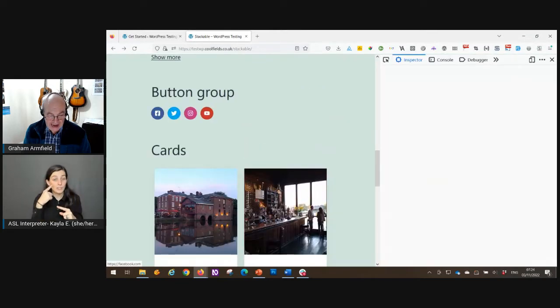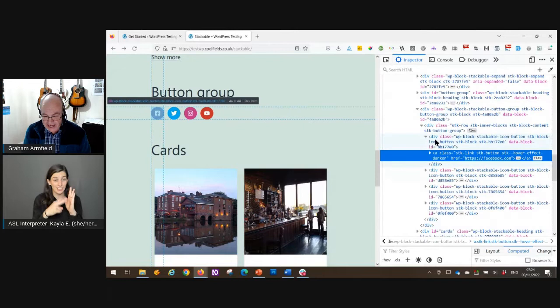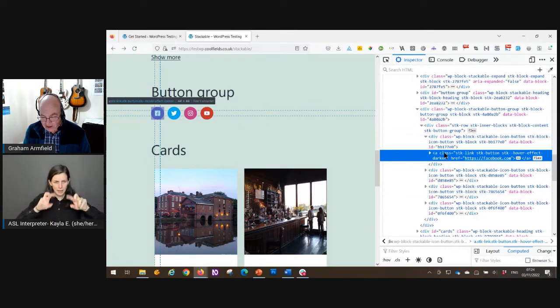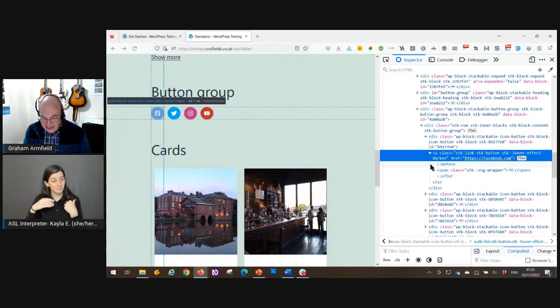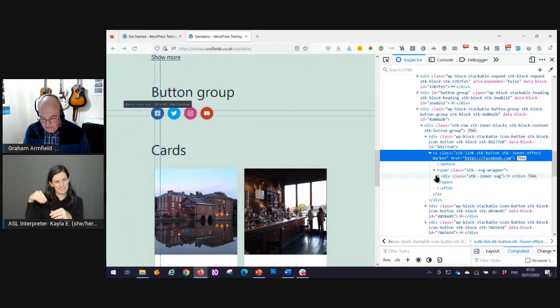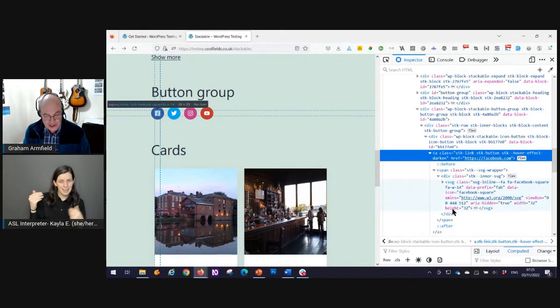If we look at these elements, they are links, but what the link contains is an SVG file. Now, that's not a surprise to you, okay? But the SVG file, as it's defined here, has no accessible content at all.